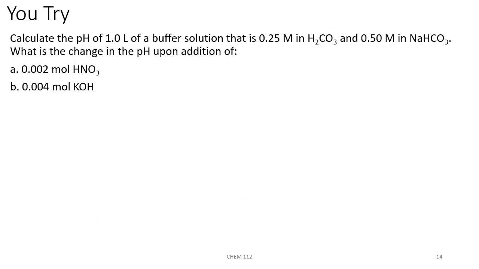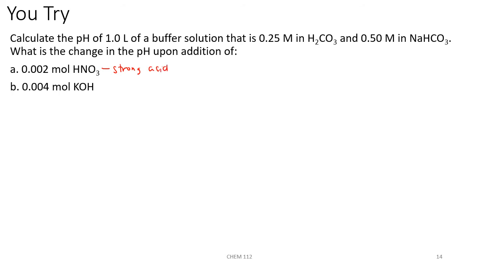Let's try another example. Calculate the pH of 1 liter of a buffer solution that is 0.25 molar in H2CO3, which is carbonic acid, and 0.5 molar in sodium bicarbonate. What is the change in the pH upon the addition of 0.002 moles of HNO3, which is nitric acid, so that's a strong acid,